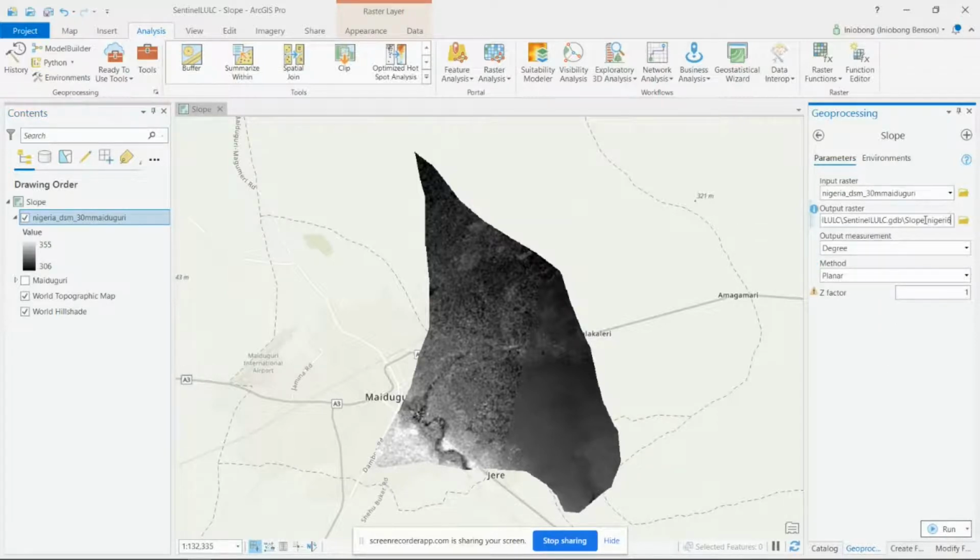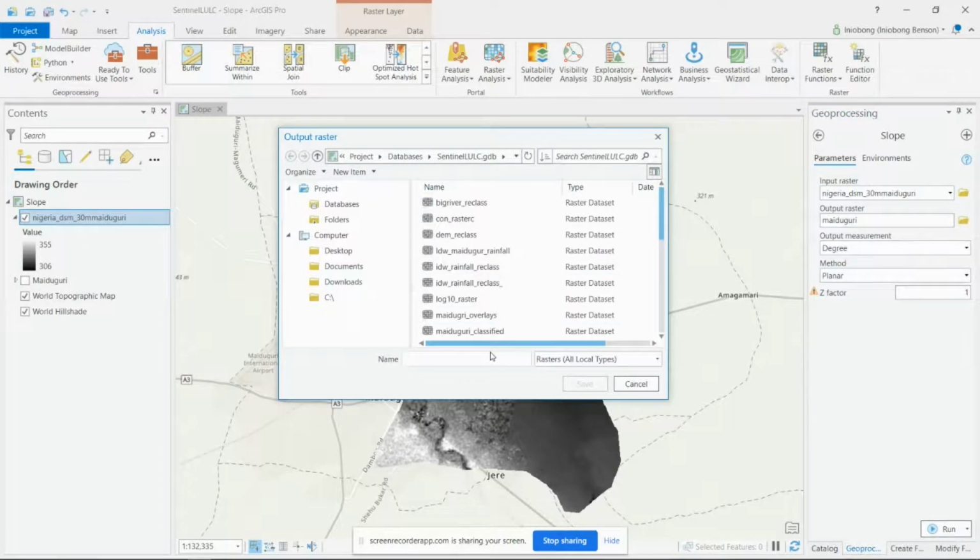Now it gives me a name, and I'm not fine with that. So one way to do this is to rename it here, calling it the name I want. Or I could just open this and select my location, and then type in the name